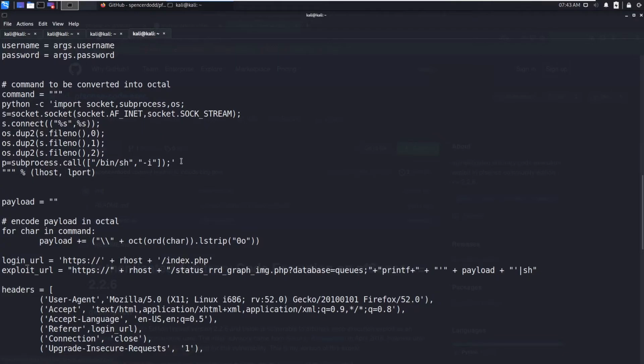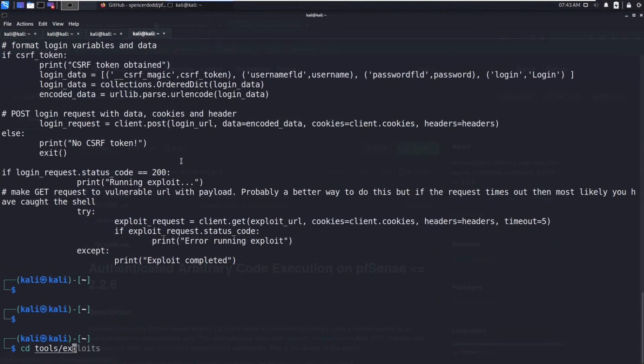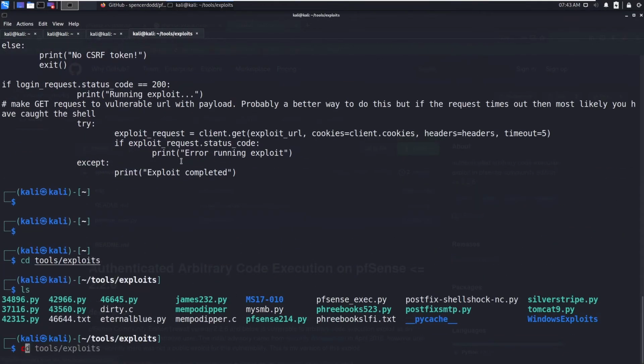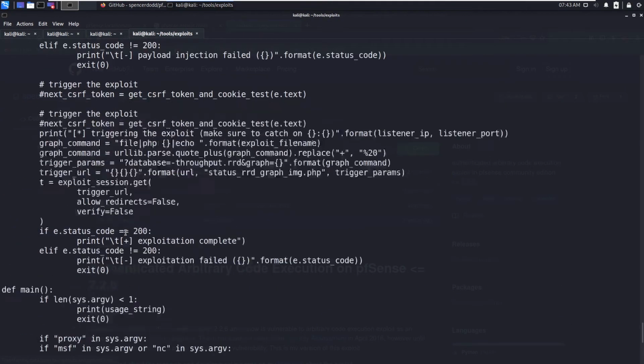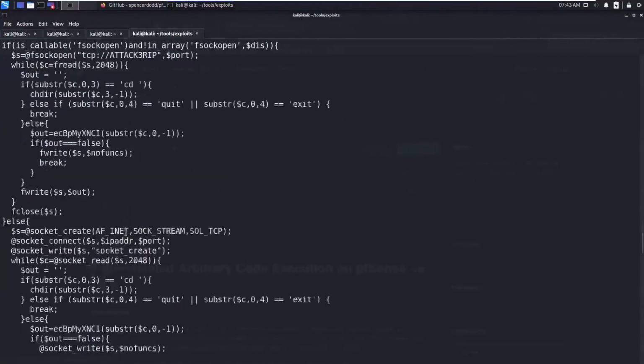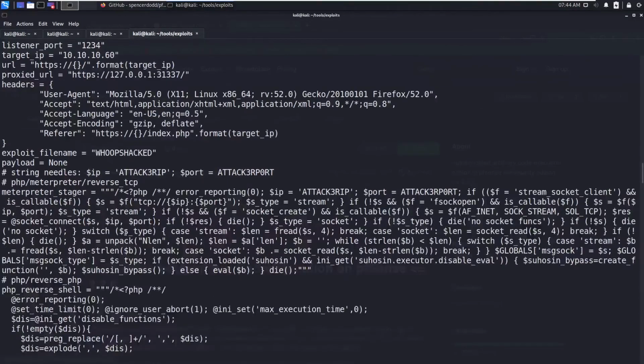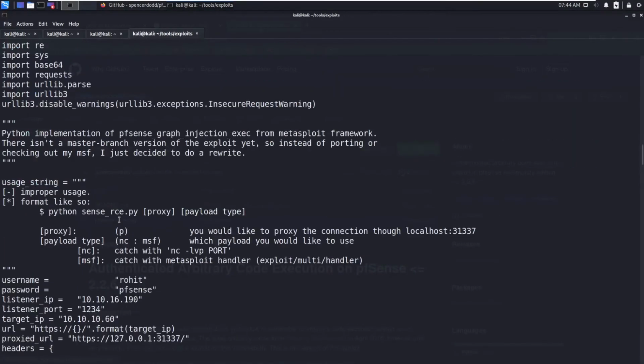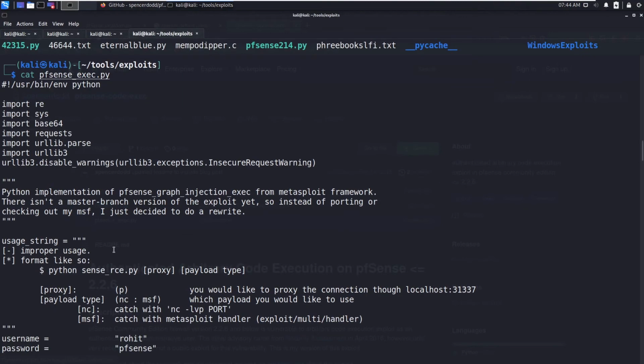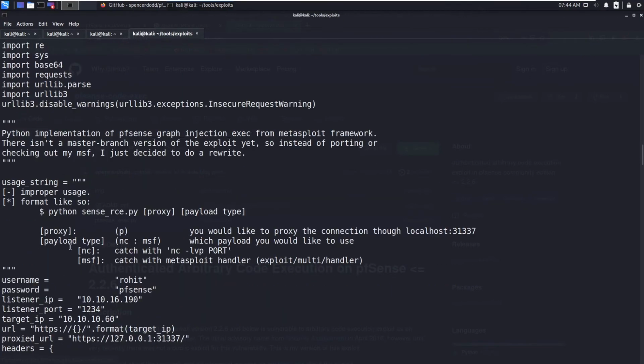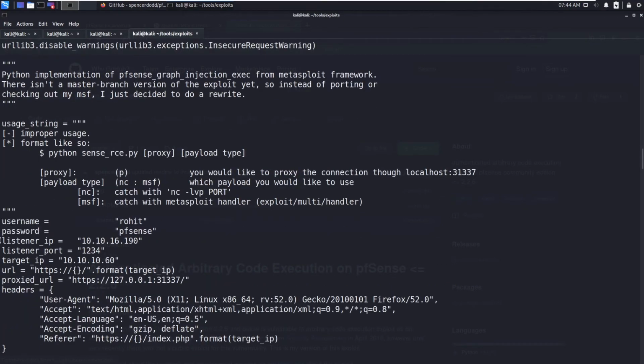I have already downloaded this one. So this is the exploit. There is a lot of code. Here what you need to change is the listener IP.